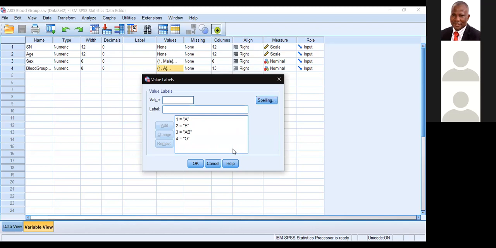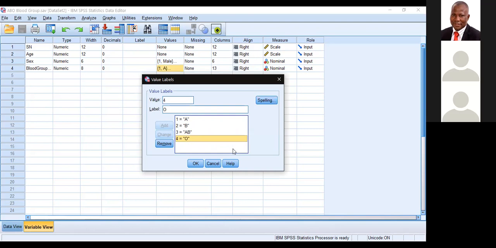Can you see? 1 is A, 2 is B, A, B, 3, and 4. It's good to rank it. If you don't rank it, you won't be able to run it. It will give you problems. Because it's good to code it. When you are doing the chi-square for goodness of fit, it's good to code that as categorical. It doesn't really mean that it's hierarchical. It doesn't mean that it's ordinal. They just code it 1, 2, 3. It will help you when we want to do analysis